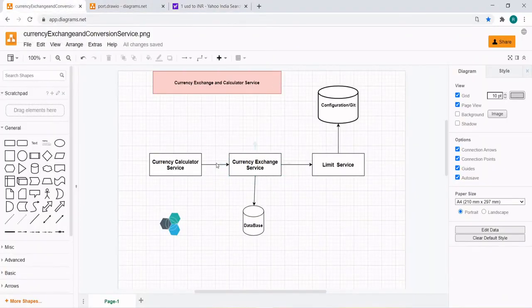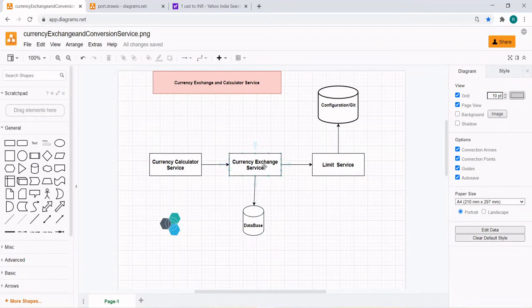So first you will call the currency exchange service. You will pass the from currency and to currency, and it will talk to the database using JPA and fetch the currency conversion rate for whatever currencies you are passing.